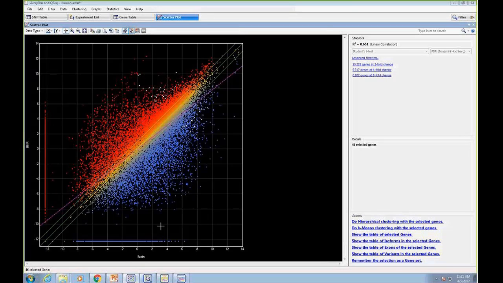It takes lots of data points in and provides you with a whole set of different types of filters to narrow this down to something that's manageable and interesting. And so ArrayStar has extensive filtering tools. So if I go under the filtering menu,